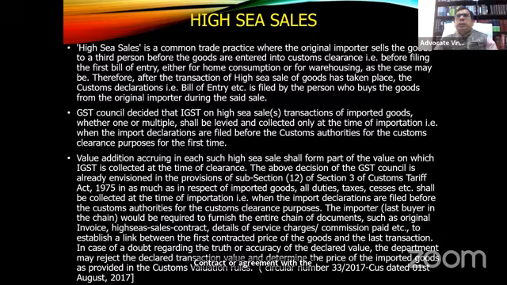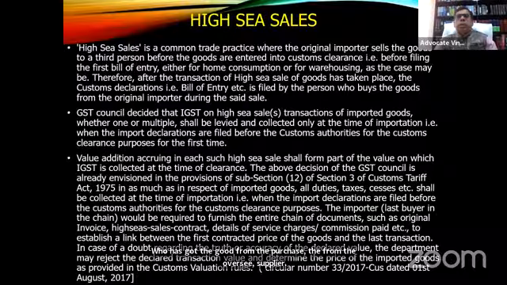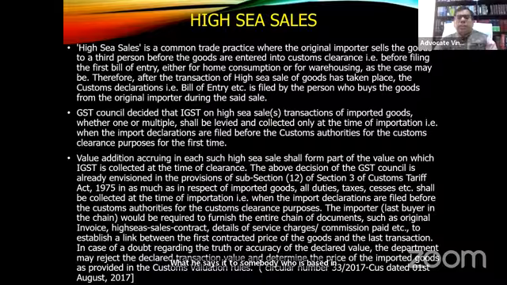He has an agreement with somebody who is based in India itself, who has purchased the goods from the overseas supplier, but he sells it to somebody who is based in India while the goods are on high seas. These are the transactions which are considered to be high sea transactions. So here,